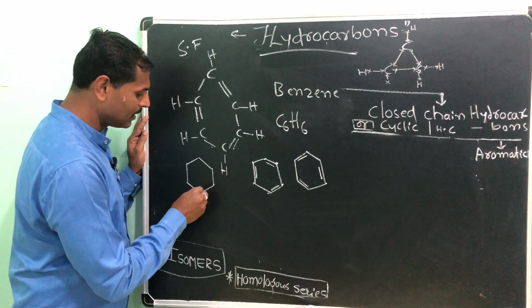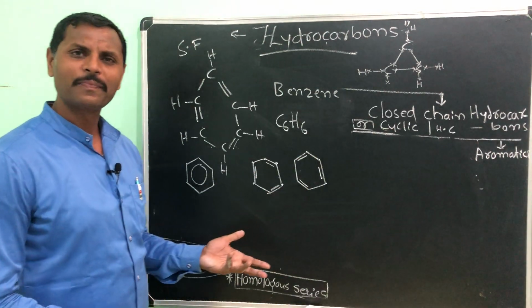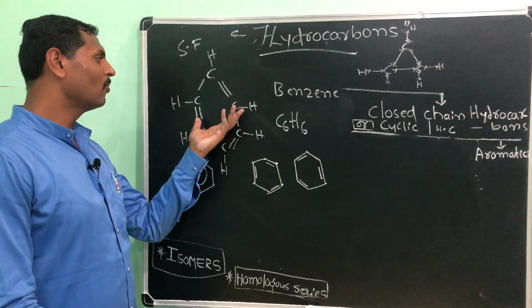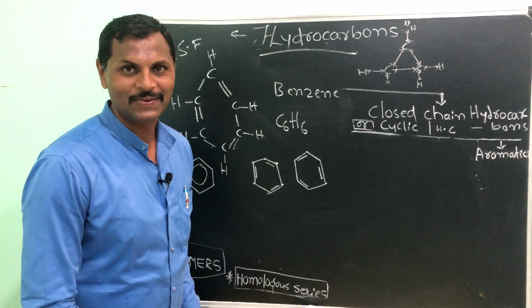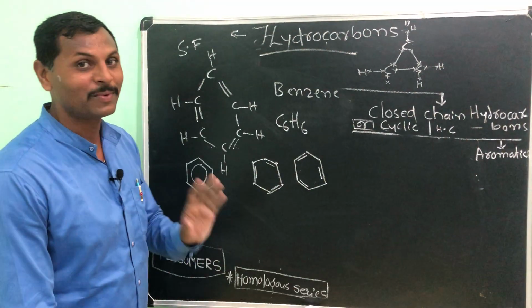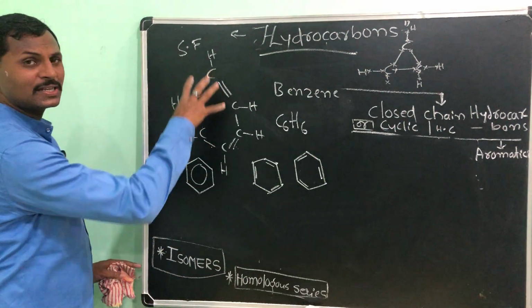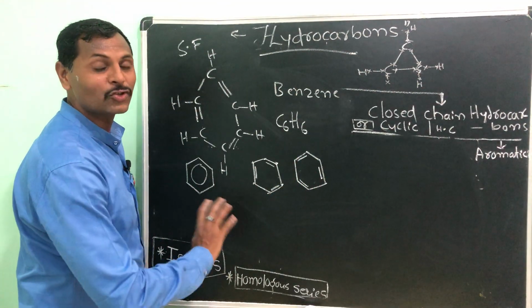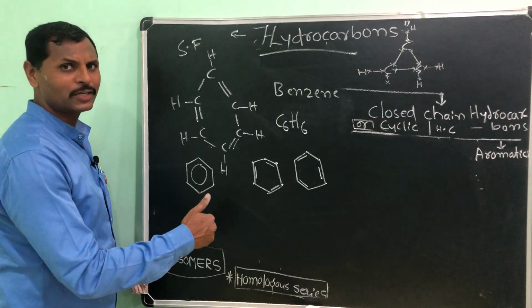You can write like this also. This is also a structural formula for benzene. See, one molecular formula, more than one structural formula for benzene. Like this only. It is not the isomer. Once again I am telling you, it is not the isomer. The same structure you can write like this. Don't call it an isomer, as we discussed in the first video. Isomer, I will come to it now.